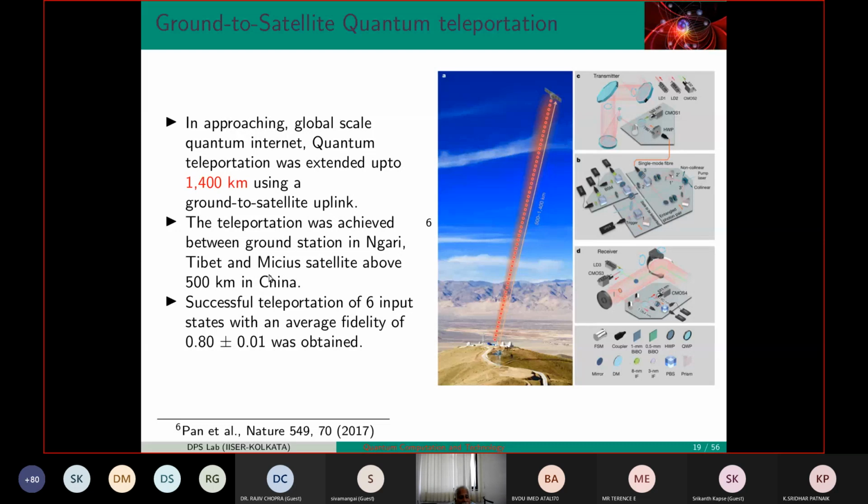The name of the satellite is Micius satellite. Okay, it is stationed above in orbit, 500 kilometers above China. These are the two cities situated between this and Tibet, Lhasa. So this is the teleportation. Now, quantum key distribution for secret exchange of messages was achieved at the level of two continents, from China to Vienna, Europe. Okay. So now, you can see secret messages between the supervisor, Zeilinger, and student, Pan, across continents through satellite.